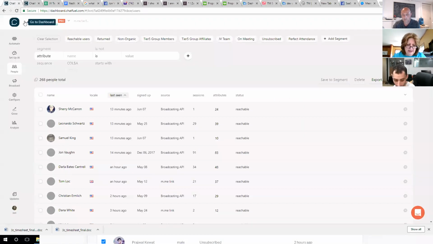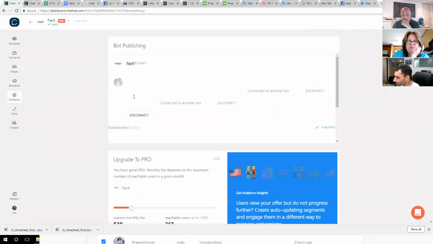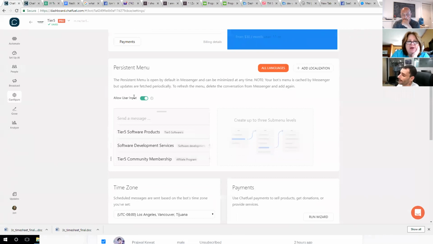Every bot has the hamburger? No, only bots that have menus. Yeah, I think if you were to get a pro Chatfuel account and not set up your menu, which you will find in the next tab that we're going to go over, which is the configure tab, which we were already on, here's your menu and how you set your menu. If this thing is empty,